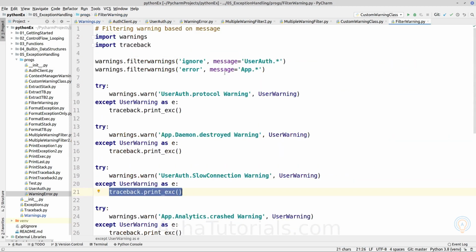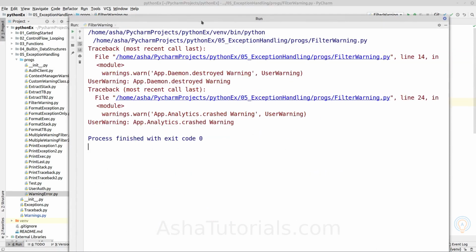So here now we will filter the warnings depending on the message. In message we are writing the package path of the warning, and here we have written a regular expression matching this pattern. So it will filter the warning depending on the regular expression written for the messages. And by default we are not specifying the category, which means we are adding the filter for the user warning and its subclasses. So here we have raised different messages. So let's execute it and see the result.